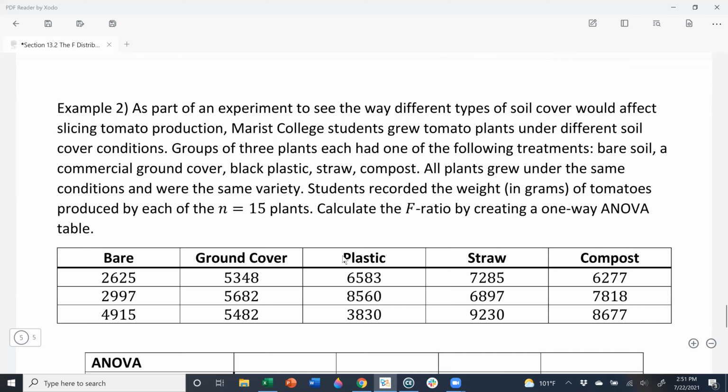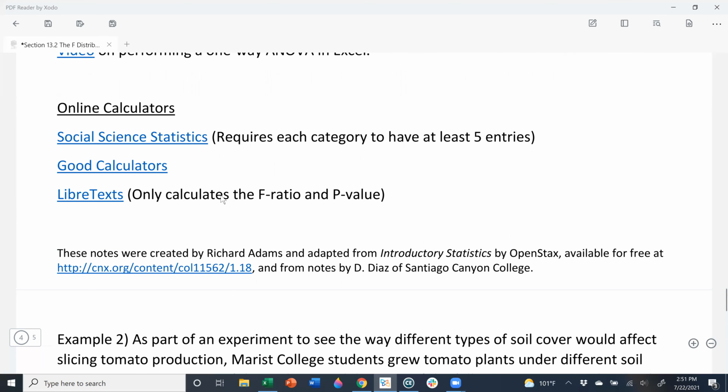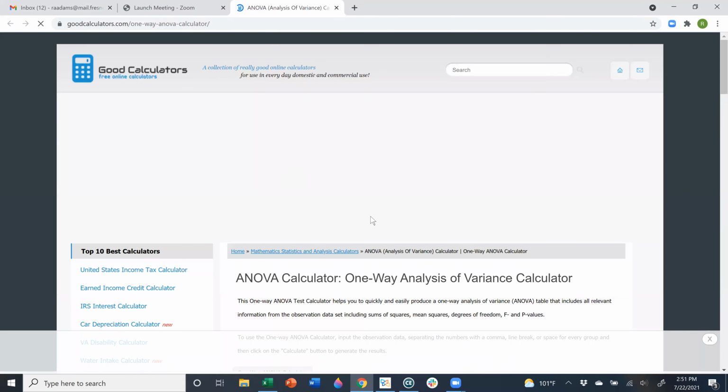Okay, so I'll scroll back up to our list of online calculators. And then, like I said, the LibreText only gives you the F ratio and p-value, so it's not going to be able to do the table for us. And then this one is really good, the social science statistics, but that requires each category to have at least 5 entries. So I'm going to click on good calculators again, because this one allows us to have whatever number